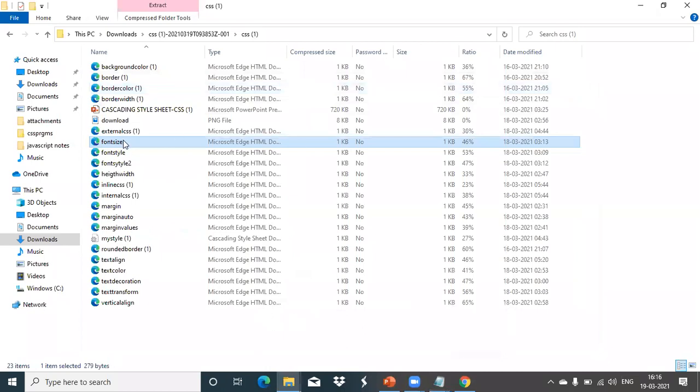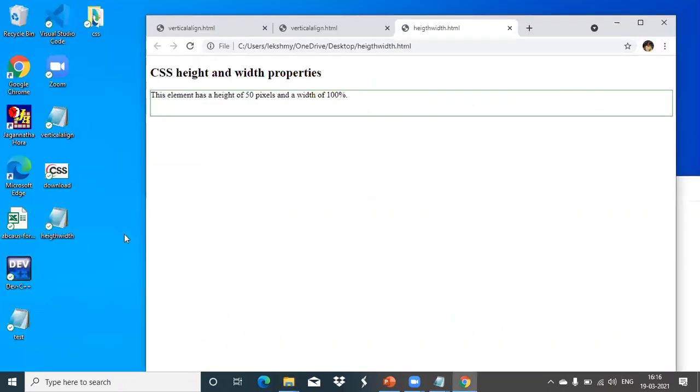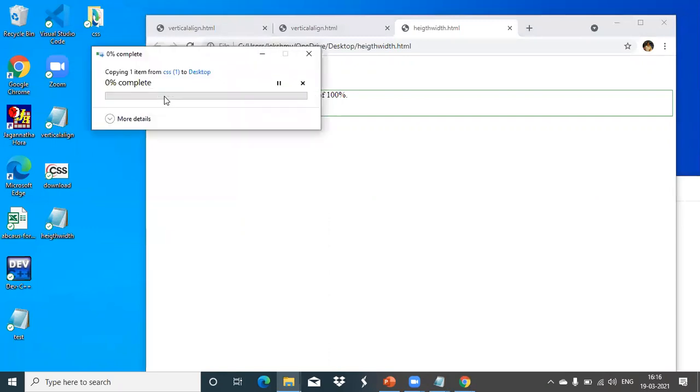So now the color and all we have seen. Now we'll see what are the font properties. That means text properties. Text alignment only we have seen. How I can change the font style and all, that we will see here.